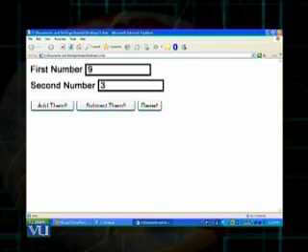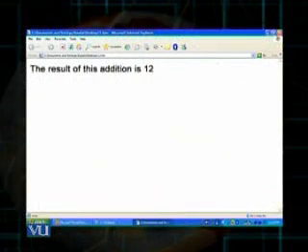And when I click on the button add them, after putting these two numbers, they are automatically added up, and the result is displayed on a new web page. And you can see it is written, the result of this addition is 12.